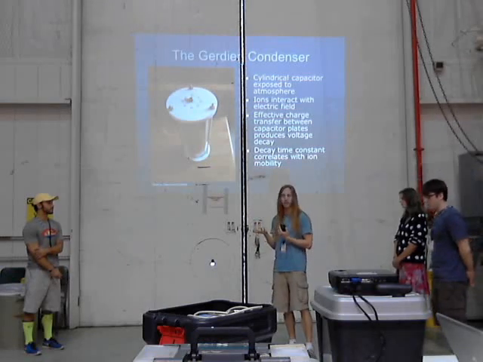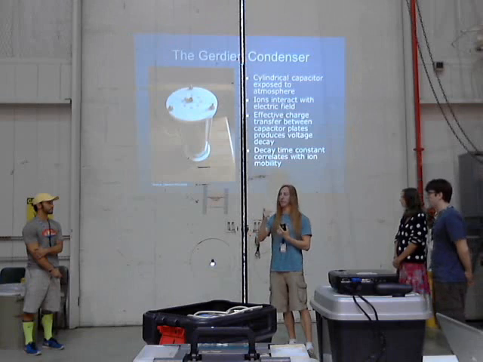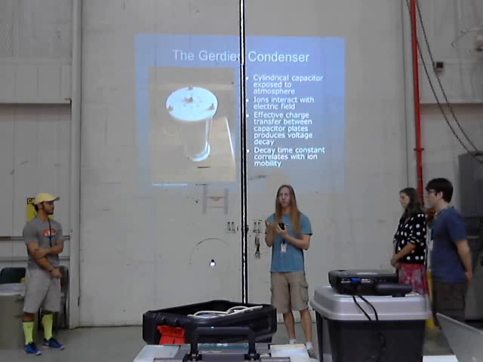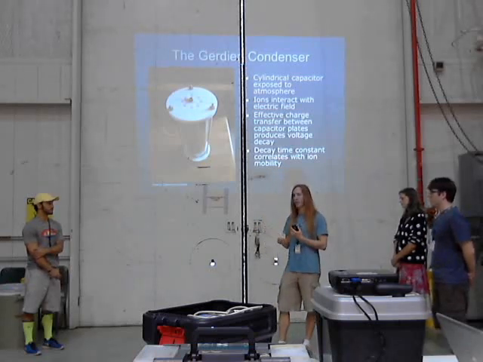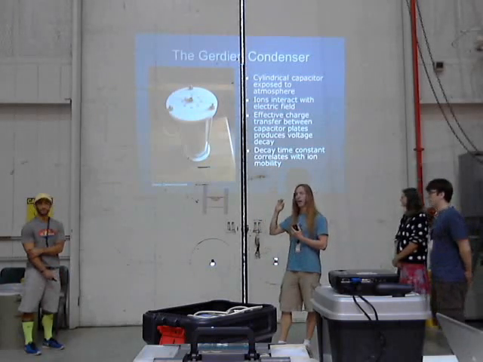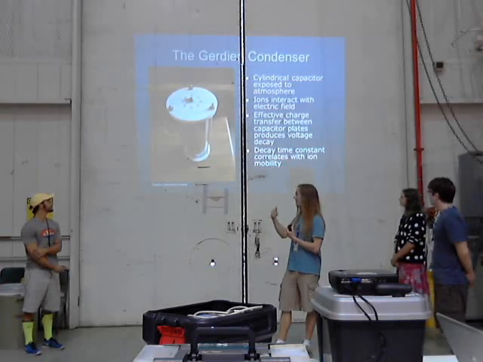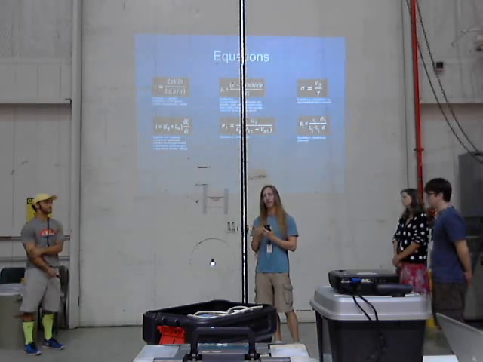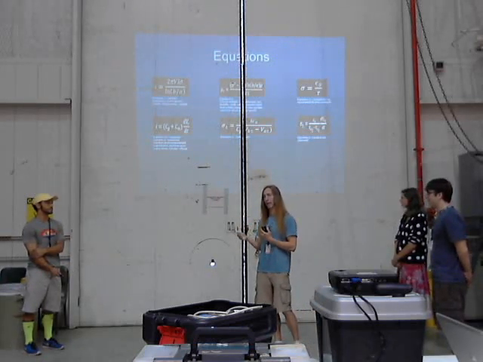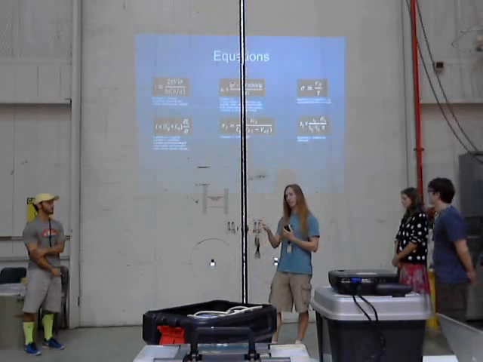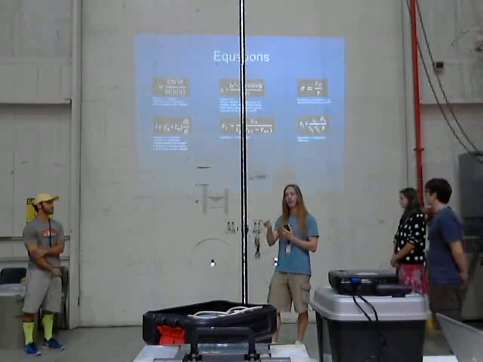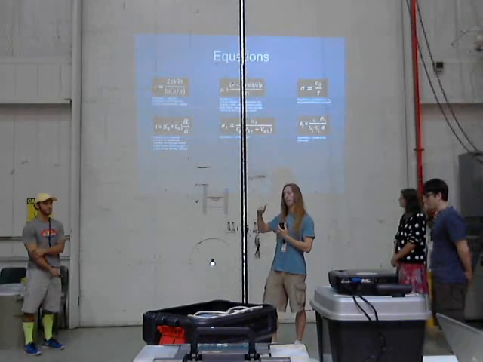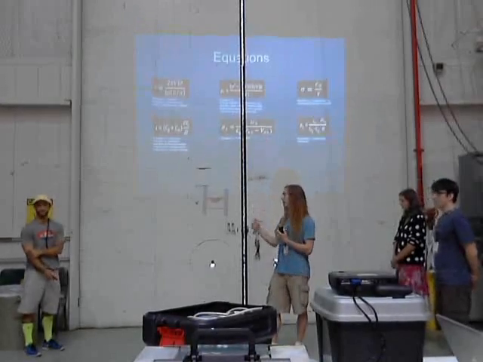And the only way it can decay, if it's not connected to anything else, is through this charge transfer via the ions. It's kind of like why distilled water doesn't conduct electricity, but salt water does. It's the same idea. You have these ions as the charge carriers. And so once we have the voltage decay, we can fit it to a best fit curve, exponential decay, and using that function, we can find the time constant. From the time constant, we can use these equations to back out the conductivity of the air that's passing through our capacitor.